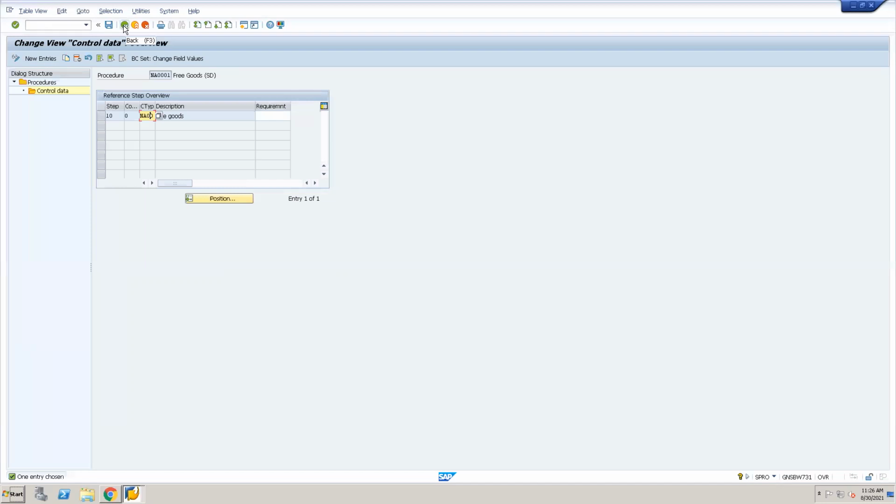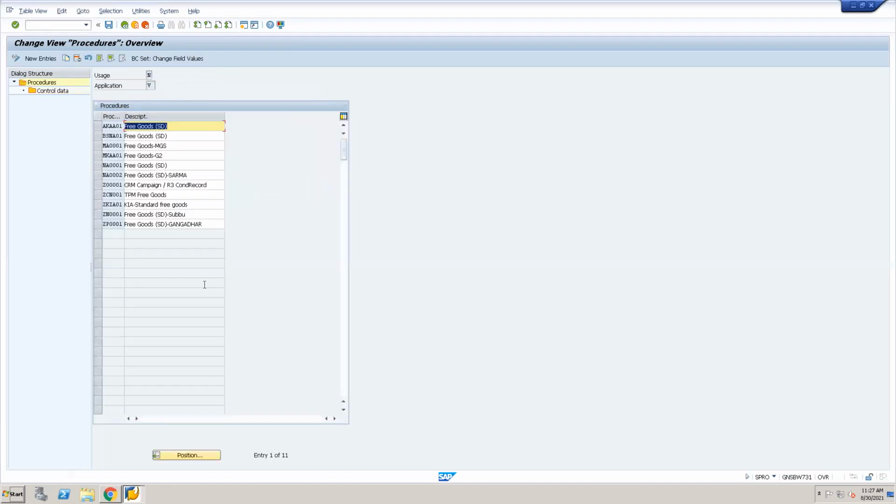Whenever we are creating a sales order for that particular sales area, this procedure is showing there, ఆ ప్రొసీజర్ వల్ల ఆ ఫ్రీ గుడ్స్ డిటర్మినేషన్ అవుతుంది. అదే ఒకవేళ మనము ఈ అసైన్మెంట్ పార్ట్ చేయలేదు అనుకోండి, system will not fetch.